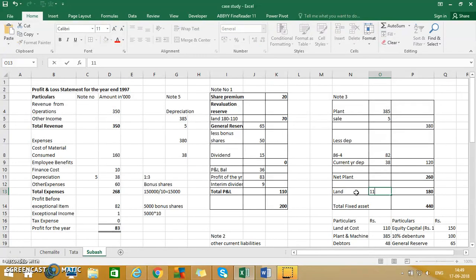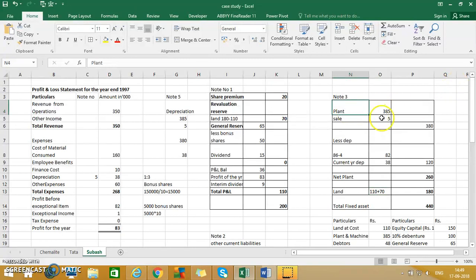110, and I add 70 into it, which is because of the revaluation, and that comes out to 180 here. 110 plus 70, which is the revaluation as increase. Now coming to the plant and PPE, that is the property, plant and equipment, of which we will talk about the plant here in note number